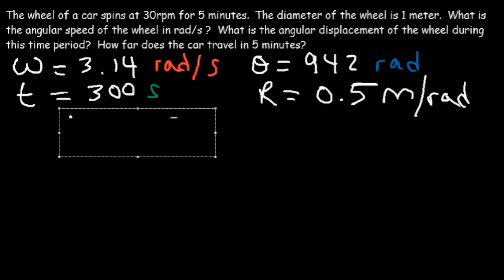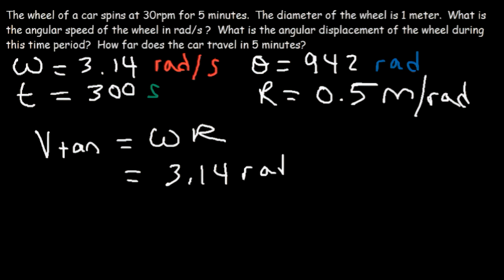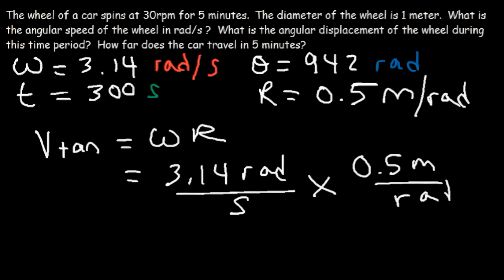Now let's see if we could find another way to get the same answer. The other way is to find the tangential velocity. The tangential velocity is equal to the angular velocity times the radius. And the angular velocity is 3.14 radians per second. And the radius is 0.5 meters per radian. So the unit radians cancel, and it's going to be meters per second. So 3.14 times 0.5, and that's about